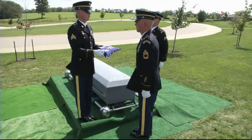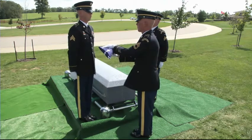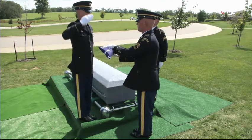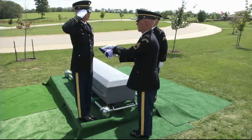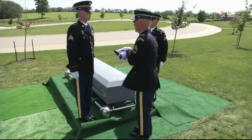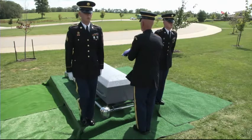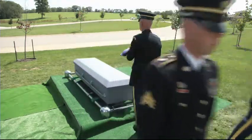The DL will accept the flag left hand over right and the honcho will render a 9-second count salute. At the conclusion of the salute, the DL will swiftly pull the flag into their stomach and step back into position. Simultaneously, the honcho will execute another half right face and the fold position will execute a left face. Both the fold man and the honcho will step off on their left foot simultaneously, marching back to